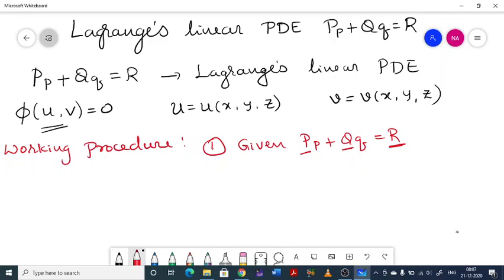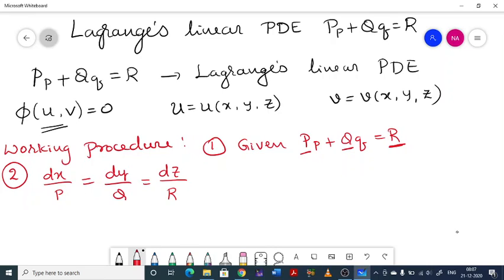Second step, you have to write this in the form dx by P equal to dy by Q equal to dz by R. You have to write that in the form, you have to write it like this. dx by P equal to dy by Q equal to dz by R. Now next,